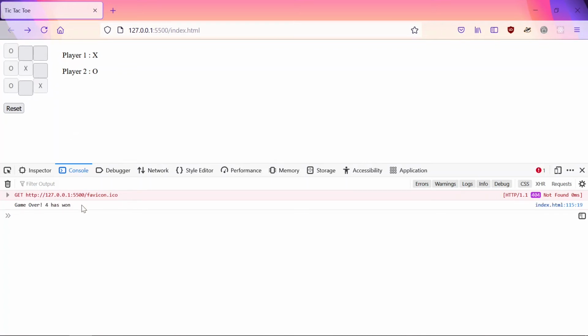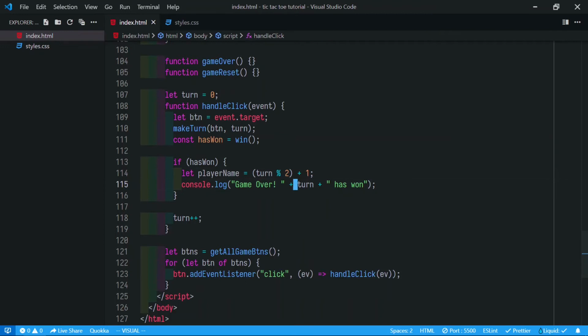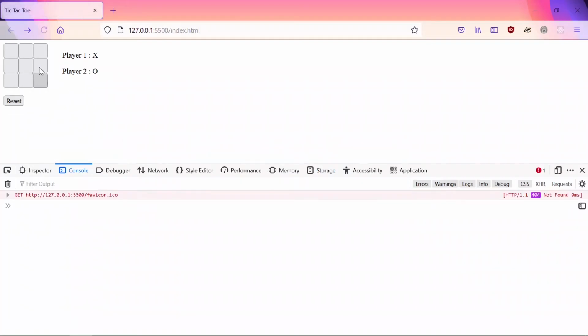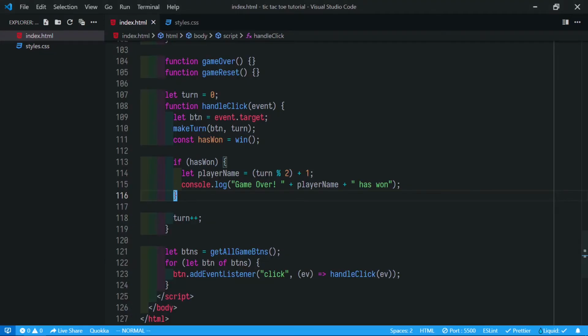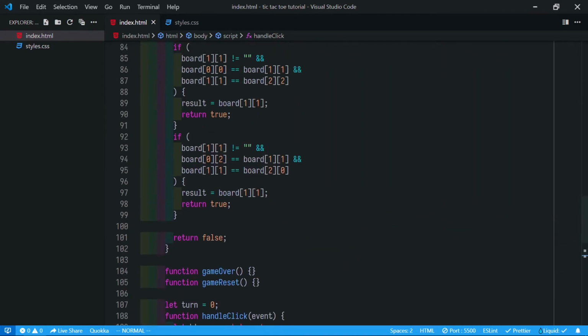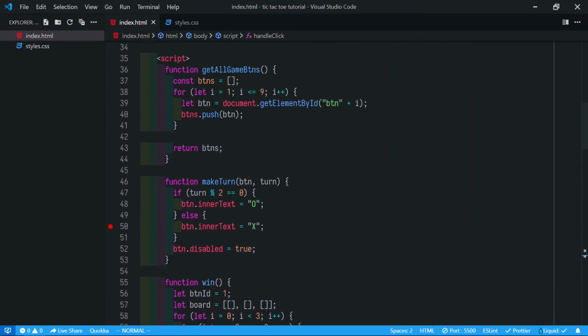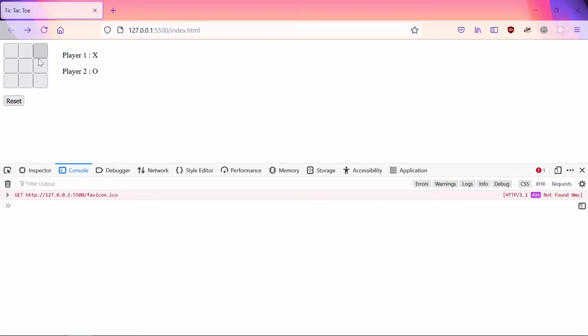We can see it's still player 4, so we have to use player name here. Let's check again. Here 1 has won. It's a bit wrong. You have to see X. Now it's right.